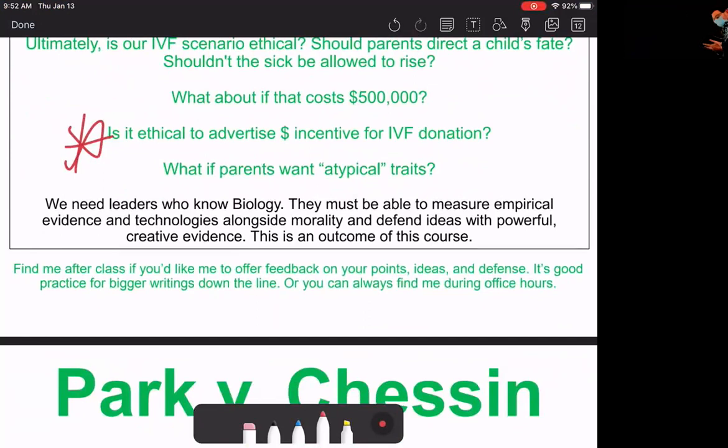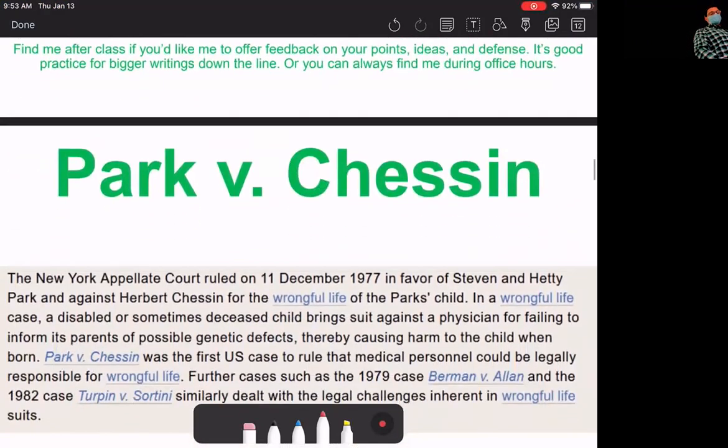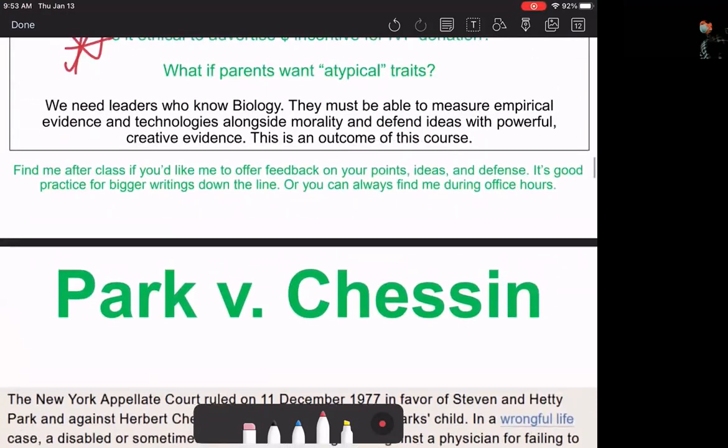Okay, so given IVF, and obviously where a lot of heads will go towards this is Roe v. Wade, which is where's that line cross as far as cells to human? There's one that I wanted to introduce a little differently though, Park v. Chesson. Given IVF's ability to sort of predict the future about a child, at least with a certain degree of certainty,